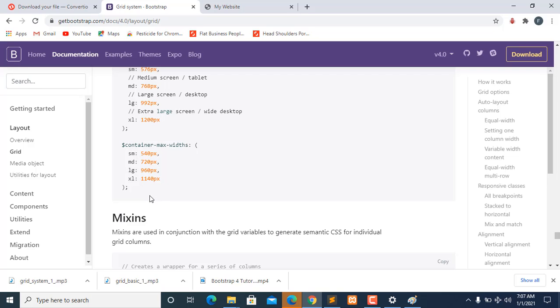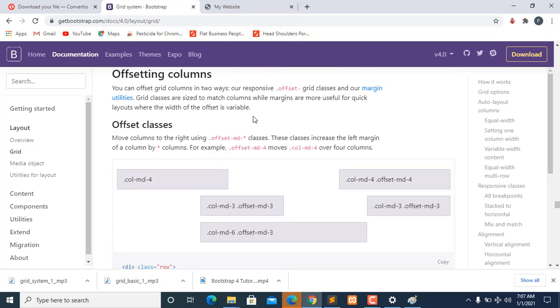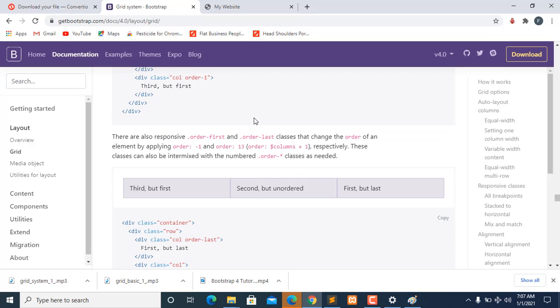All right, so this is where I'm actually going to stop for now. Hope you really enjoyed this tutorial, and in the next session we're going to take a look at how to actually make use of grid alongside with